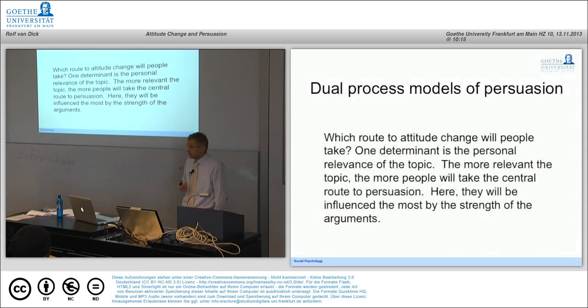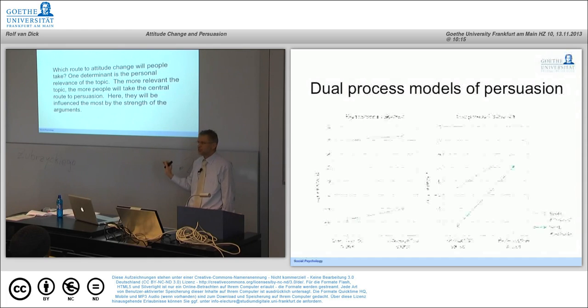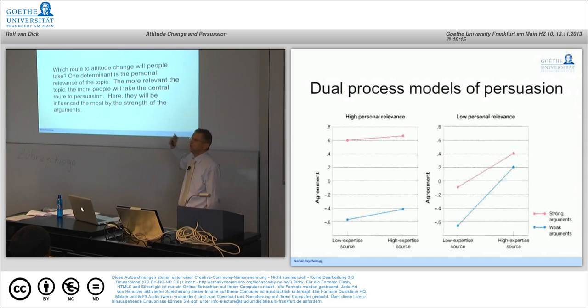One determinant is personal relevance. The more relevant a topic, the more people will take the central route, and they will be influenced by the strength of the argument. And let's call personal relevance, or let's call all that's on this slide, motivation. So one condition is motivation. People will process information in a more elaborated way and use the central route when they are motivated. If you are not interested, then, going back to Hovland's model, you don't pay attention in the first place. But when something is more relevant to you, you should be more motivated,